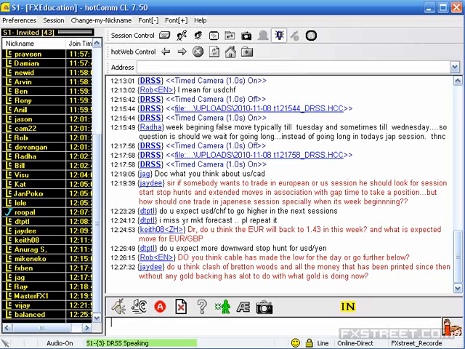Then drop. Do you think that the cable has made the low for the day to go for the below? Cable, I think it was holding very firm on Friday when compared to that of euro, when euro was dropping freely, and currently it has made a drop of only about 36 pips when compared to that of 64 pips drop in the case of euro. Then you can understand that they do not want to drop cable now, and they could slowly gain the levels